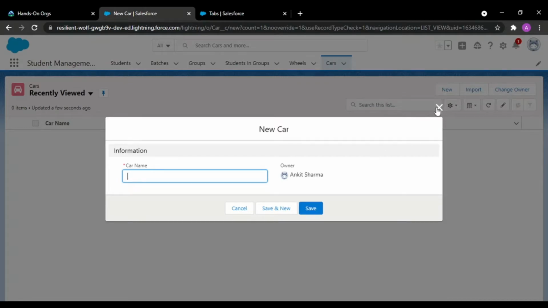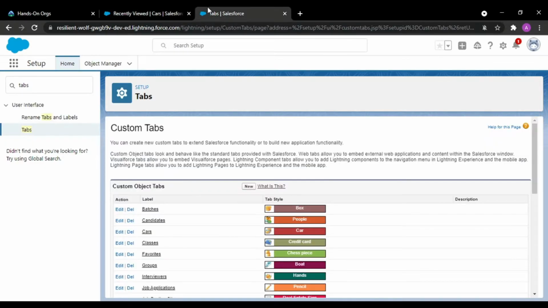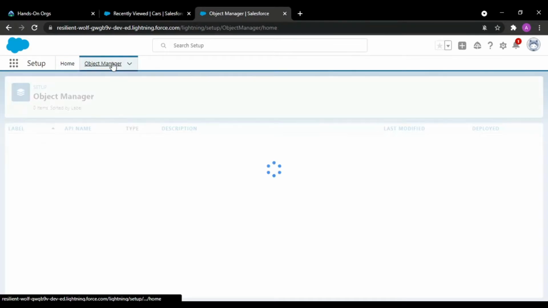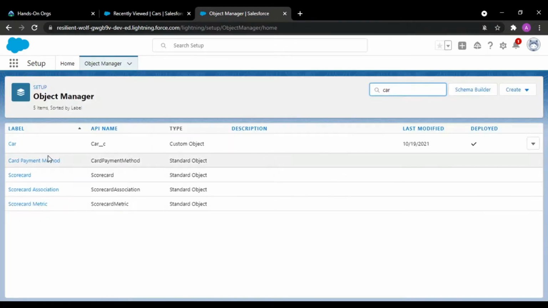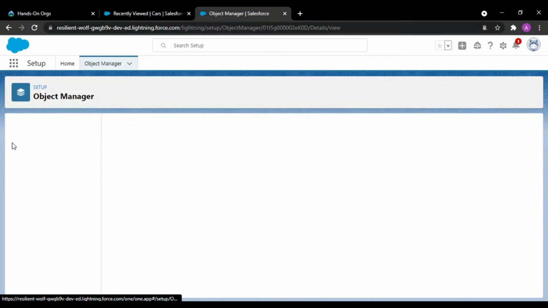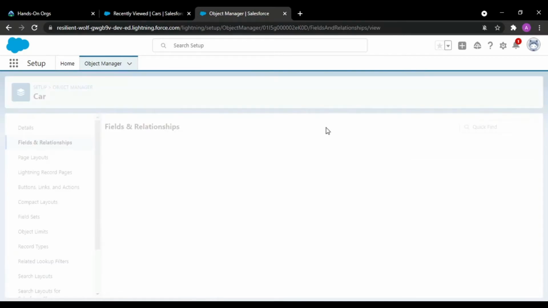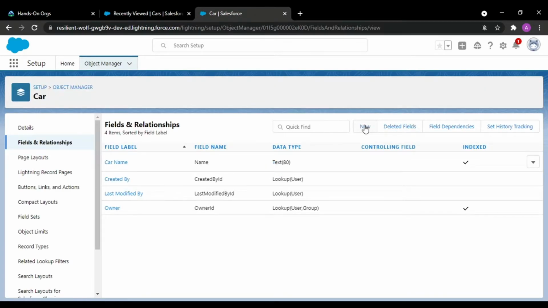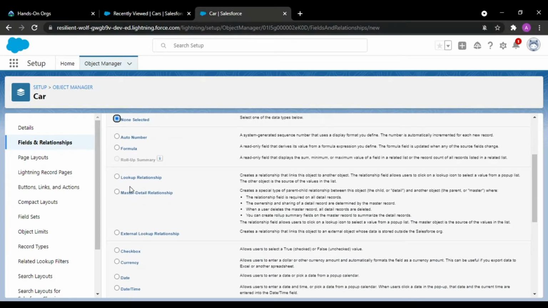Now what we would do is we would add an association in your car object. This association would be of type lookup relationship.